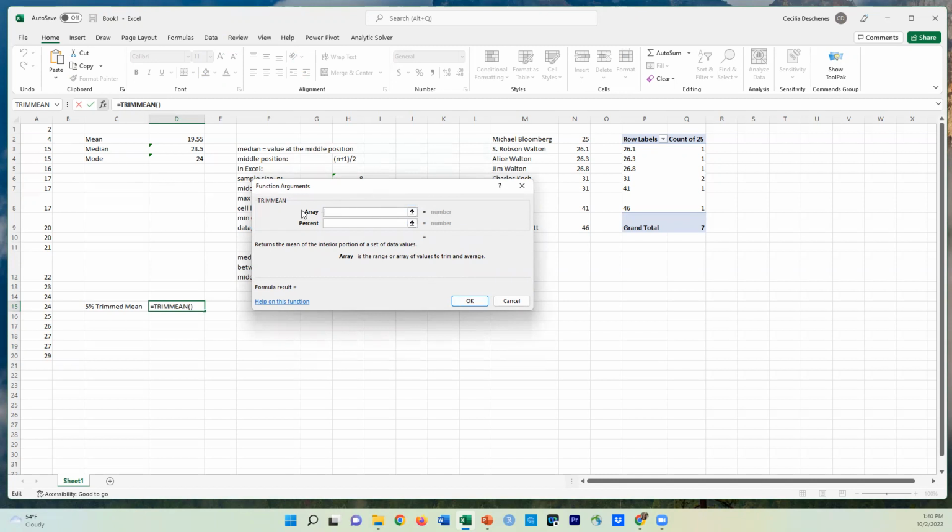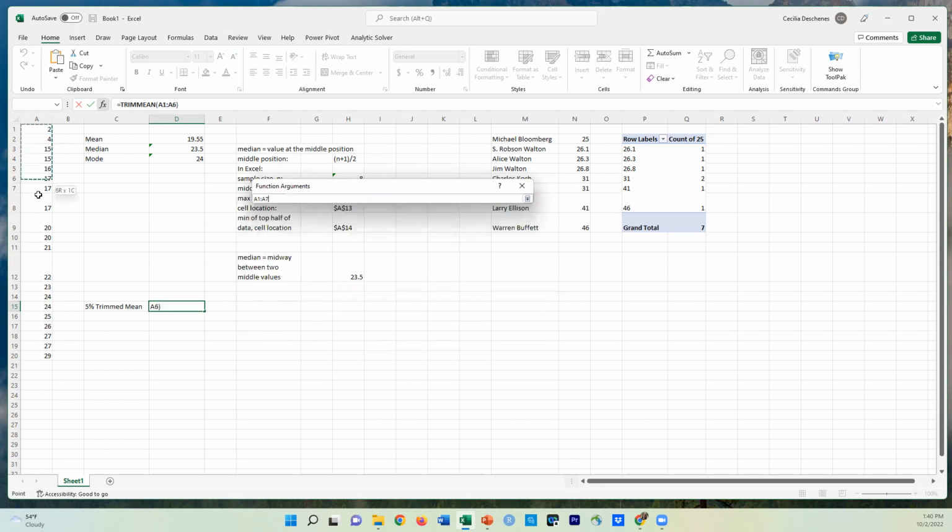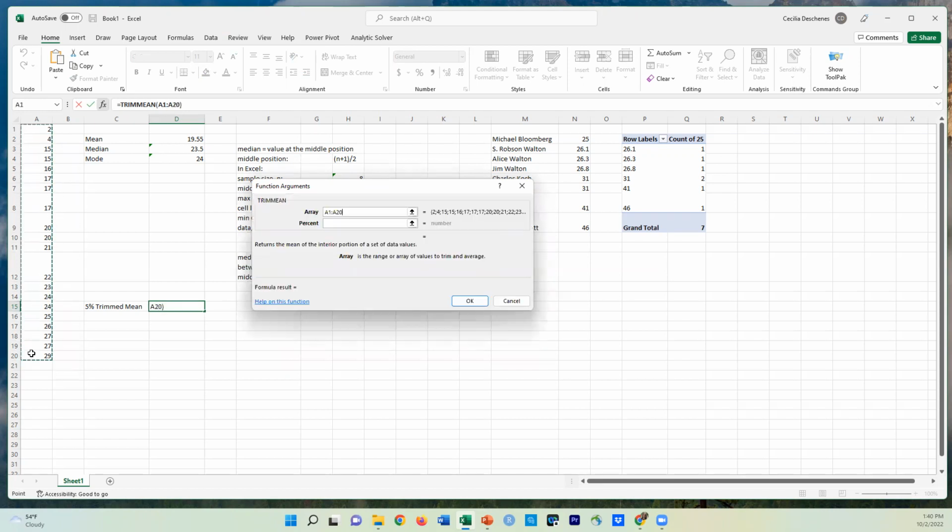So the array. The word array is a mathematical word, which means a set of values that are arranged in rows and columns, just like you see in Excel. So we can put values that are across rows and columns. Now, our data is all in a column, so we're just going to select it, and that's fine. Then I can hit tab to get to the next window and the percent. So it wants the percent, and it tells you it is the fractional number of data points to exclude from the top and bottom of a data set. So I believe what we want to put is 0.05 here,